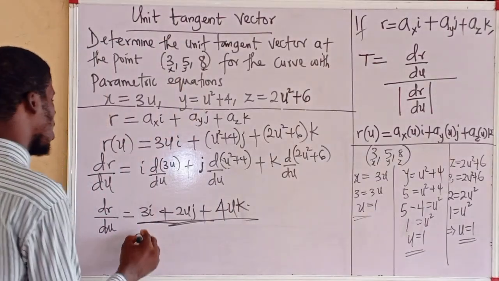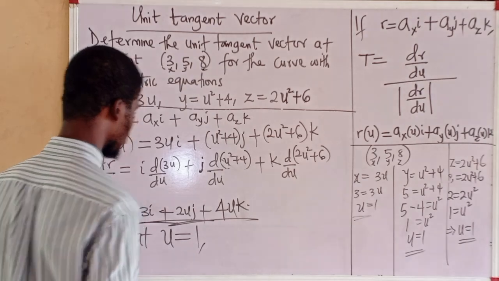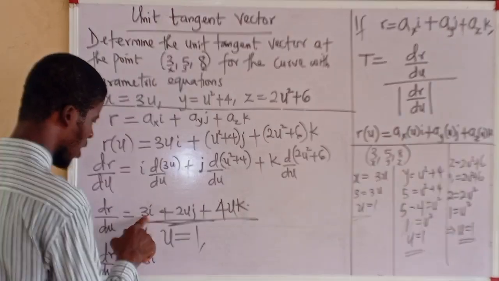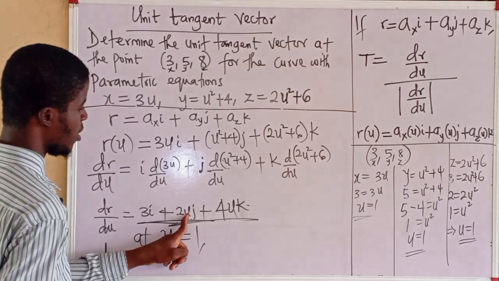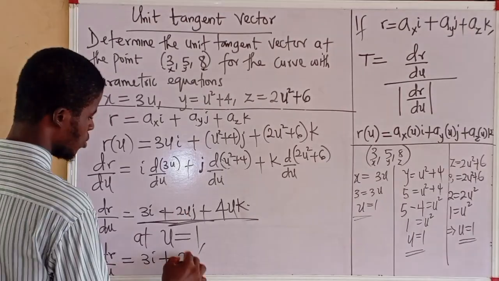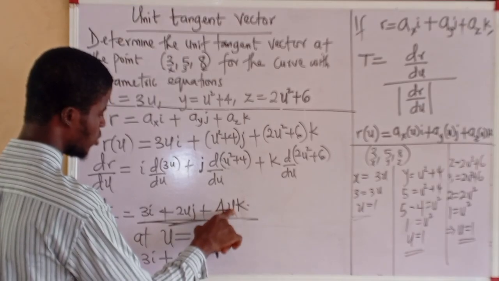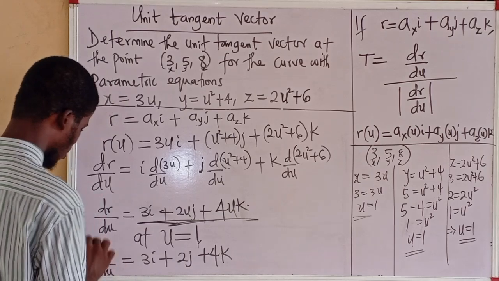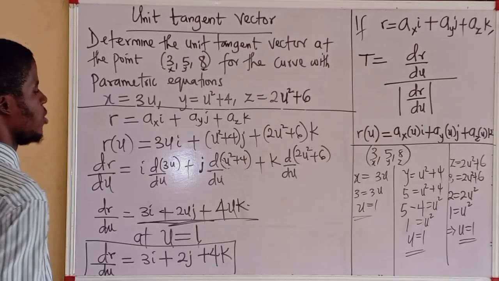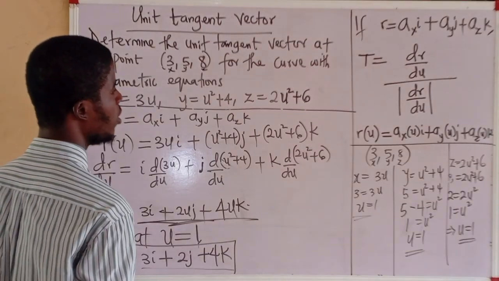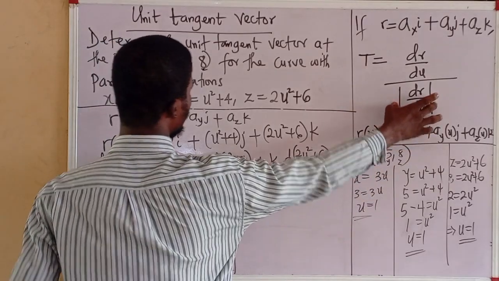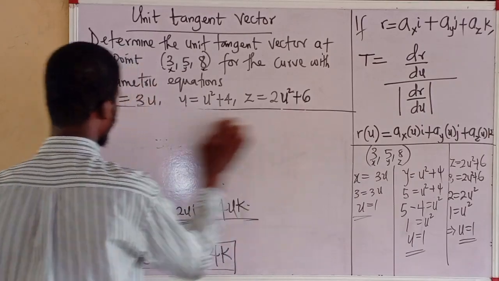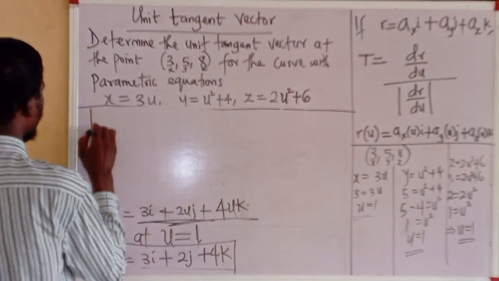So I will say, at u equal to 1, dr/du is equal to 3i plus, I'll plug in 1 here, 2 times 1 is 2, 2j, plug in 1 here, 4 times 1 is 4, that's 4k. So this is the vector for dr/du. What now is the modulus of dr/du? Let's determine that. The absolute value of dr/du,